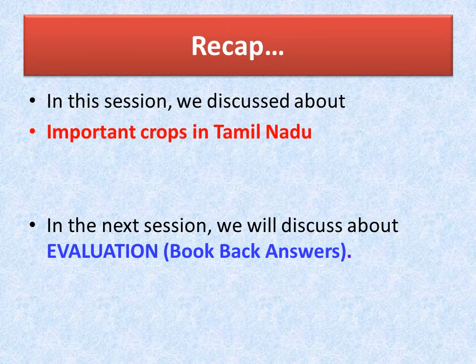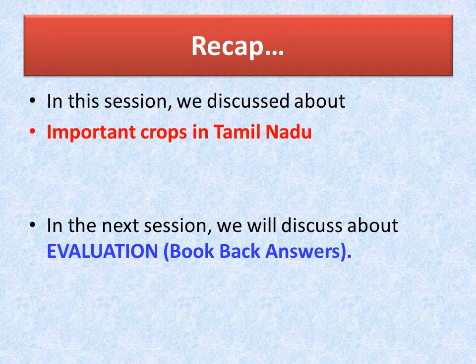We learned about the important crops in Tamil Nadu. Because of its variety of soil, rainfall and weather across its districts, Tamil Nadu produces a number of fruits, vegetables, spices, plantation crops, flowers, medicinal plants, aromatic plants. Paddy is grown in large areas because it is a main staple food of the state. The principal crops grown here are rice, maize, cholam, kambu, ragi and pulses. Pulses include Bengal gram, red gram, green gram, black gram and horse gram.